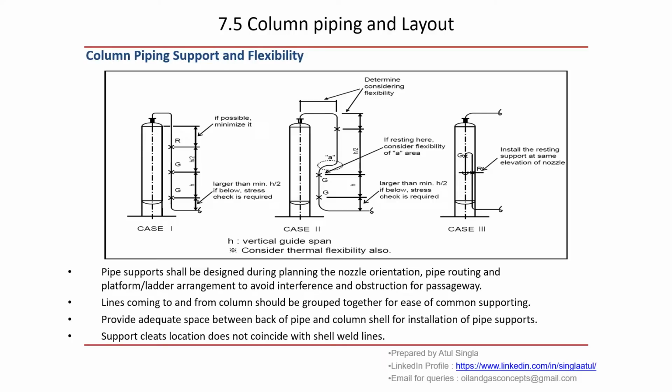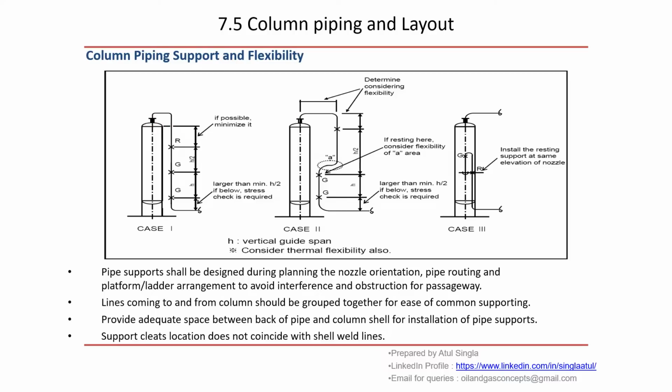Let us look at a few cases where, using these arrangements, we can finalize our supporting arrangement. R is a rest support, G is a guide support. If the line is going down here, we can plan this kind of supporting arrangement in advance before giving it to stress. This is H by 2. If possible, minimize it. We have to provide the first rest support as close as possible,